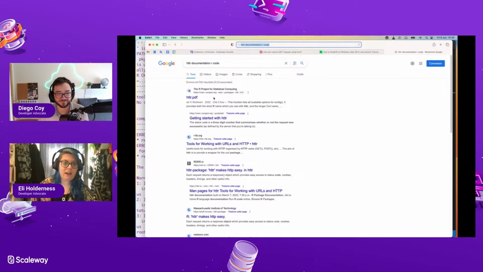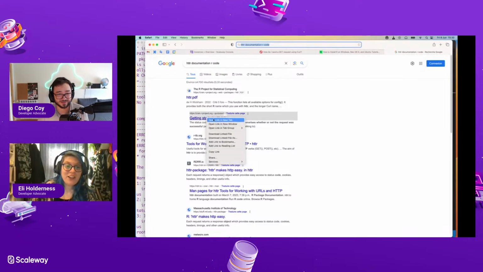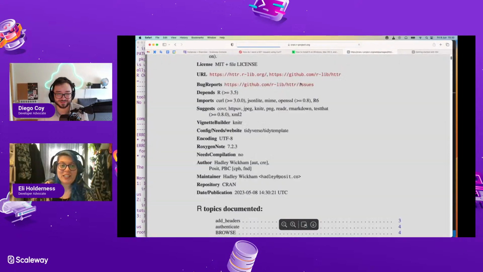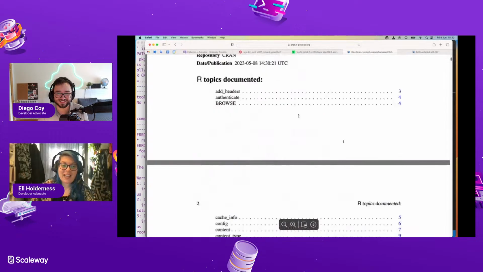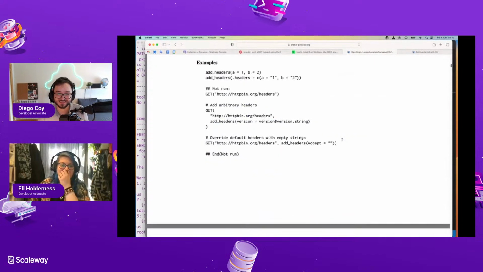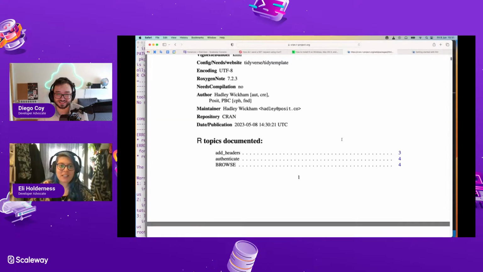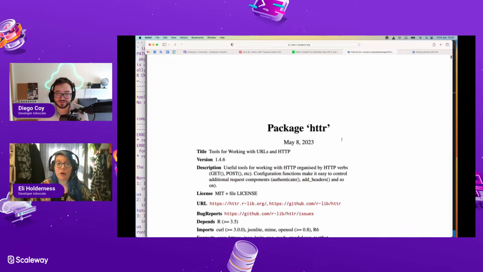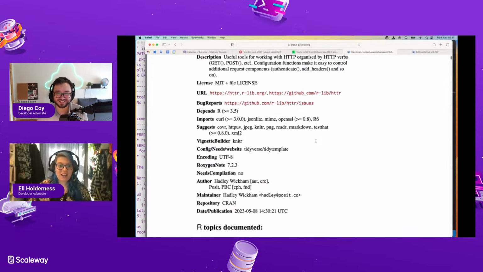Let's see if I can actually find HTTR.pdf. Don't tell me the documentation for this is a PDF. Oh my god, I love data scientists. Oh my god, it is. Did you see the date? No, I didn't. Is it like 2005? Okay, no, sort of.